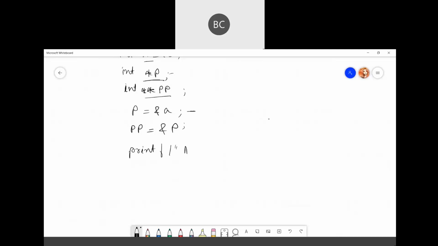If you want to see the address of a, it will give you the address of a.